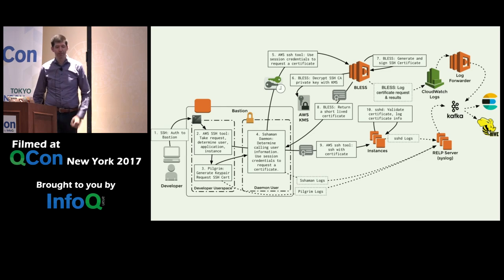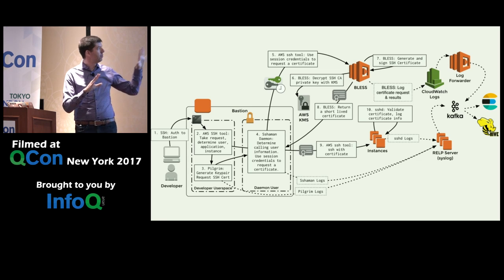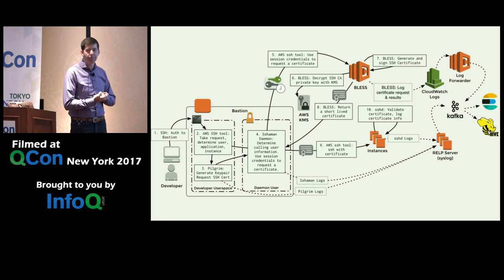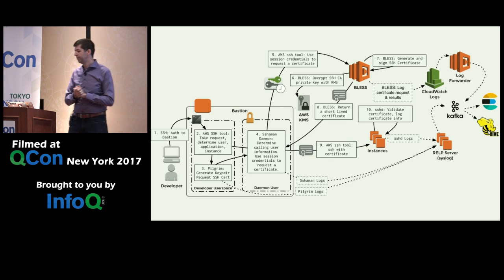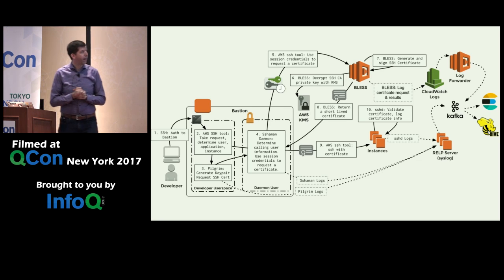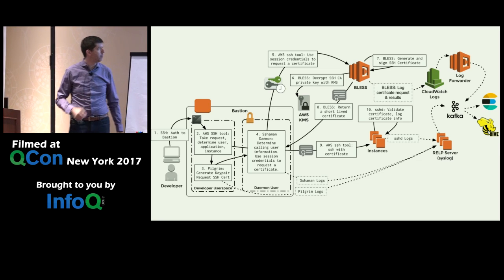This is what it actually looks like. I had to, of course, abstract things out a little bit. So let's walk through the various flows here. This is sort of like the next layer down, right? So we've got a variety of things. We've got a user on the left here that can SSH into the Bastion.